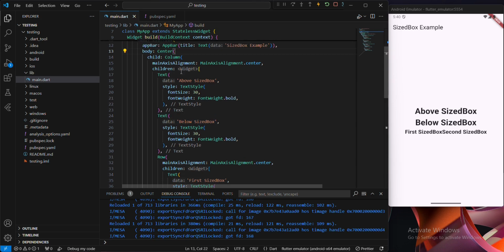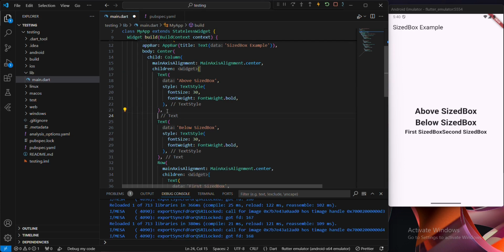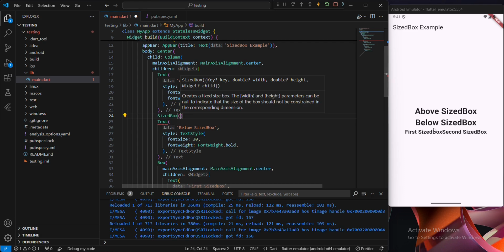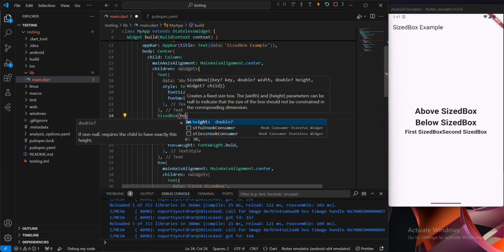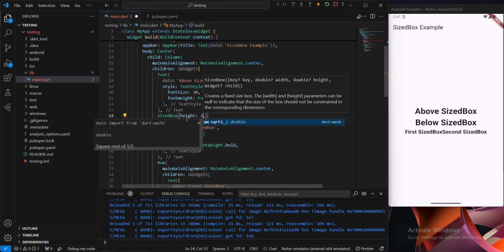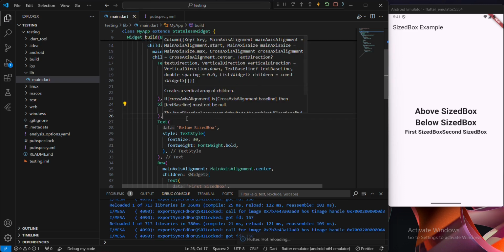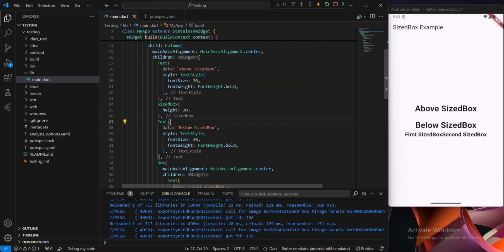Now we're going to be using the SizedBox to give space between these two widgets, and to do so, I'm simply going to come in between these two widgets, and then I'm going to have SizedBox. And because I want to give space between these two widgets, which are in a column, I'm going to be making use of height, and then we can specify 20 pixels, and then let's add a comma here, and let's save this. Now, immediately I save this, you can see I have 20 pixels between this widget and the next